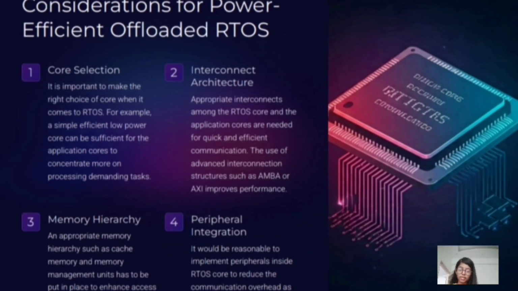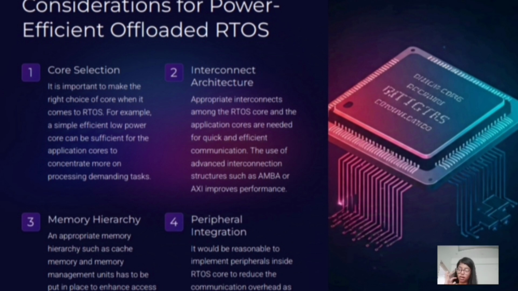So the next topic is architectural considerations for power-efficient offloaded RTOSs. What are the considerations we need to make here, and how can we implement this? First one is core selection. It is important to make the right choice of core when it comes to the RTOS. For example, a simple, efficient, low-power core can be sufficient for the RTOS, allowing the application core to concentrate more on processing